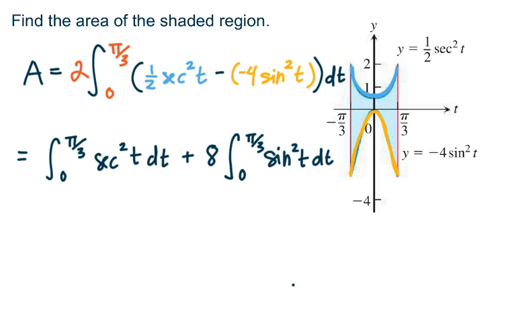All right, so integrating secant squared, that should be pretty easy for us. The integral of secant squared is tangent, so I've got tangent t evaluated from pi over 3 to 0,